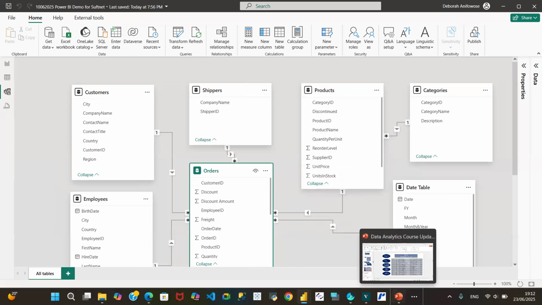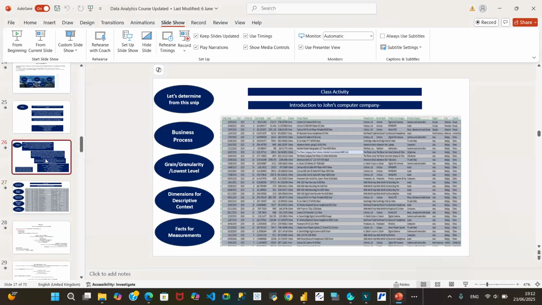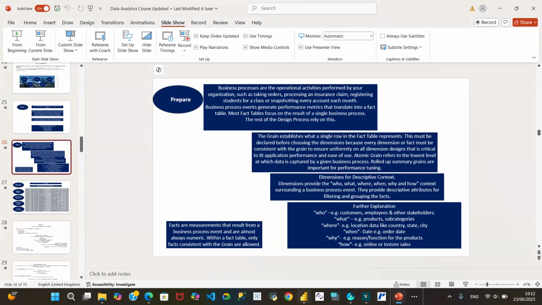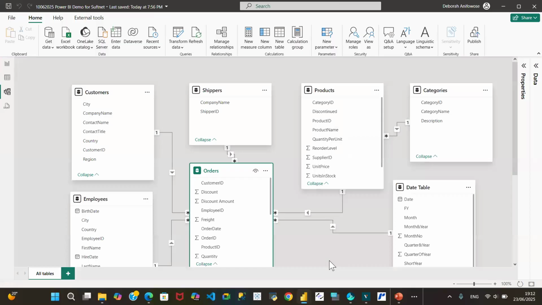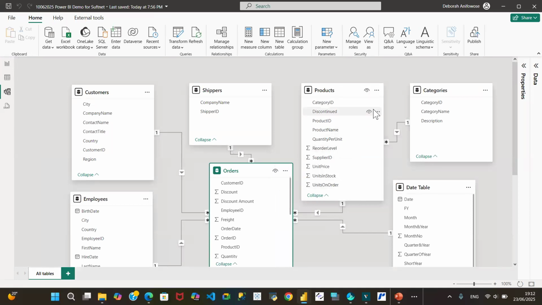You want me to go back to the slide? Because the answer has to come from you. I will try. Okay, please go for it. If you can go back, I think the facts table there would be where we have the products and the category. It'll be the products one, because it's defining what. And then orders as well would be a facts table, and then the dimensions would be employees,